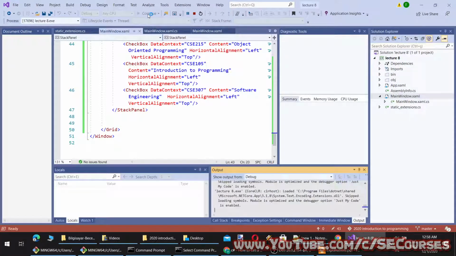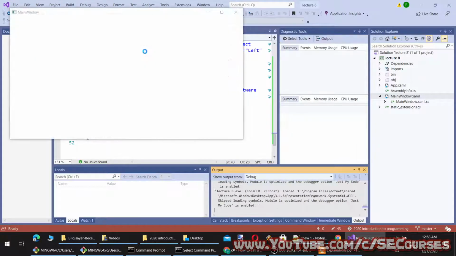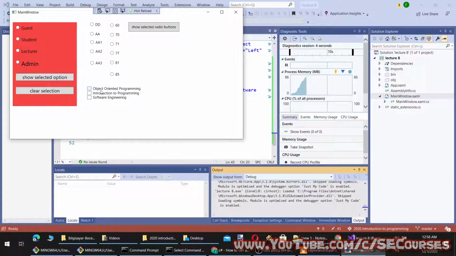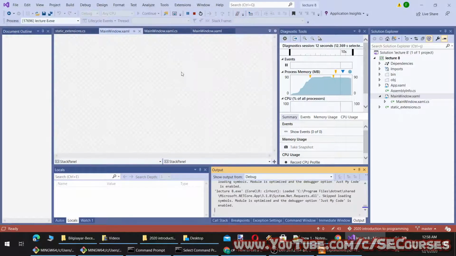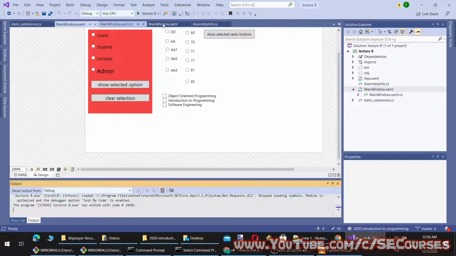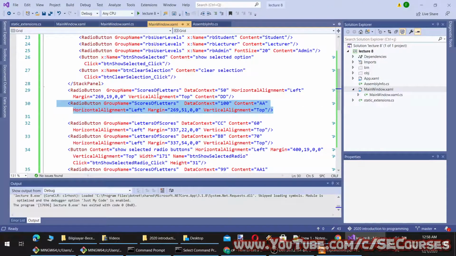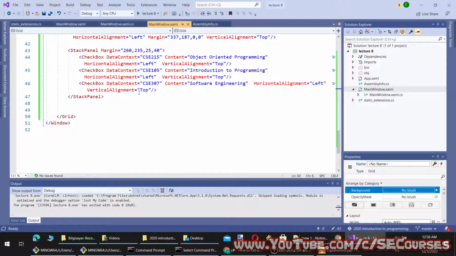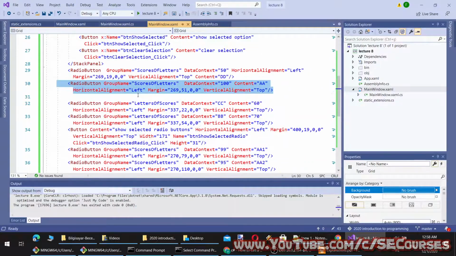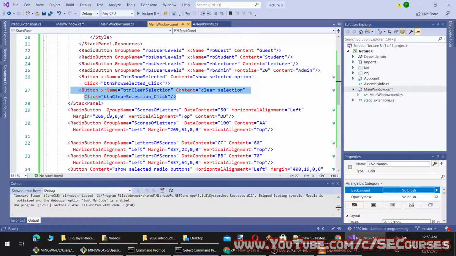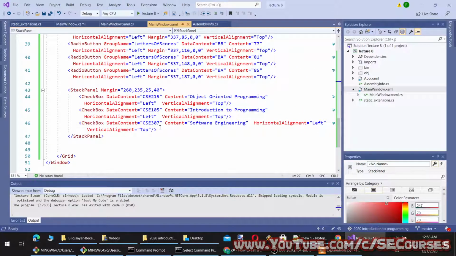Because margin is done within the parent element. Okay, now you see I can select multiple of them as I want, and let's add a button to display which options are selected and their values. Okay, to do that, I will simply copy and paste a button from here to here.